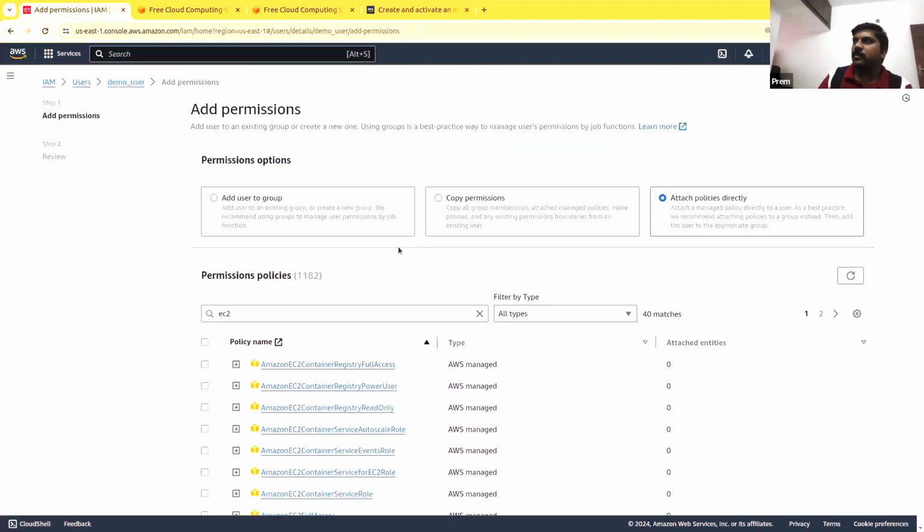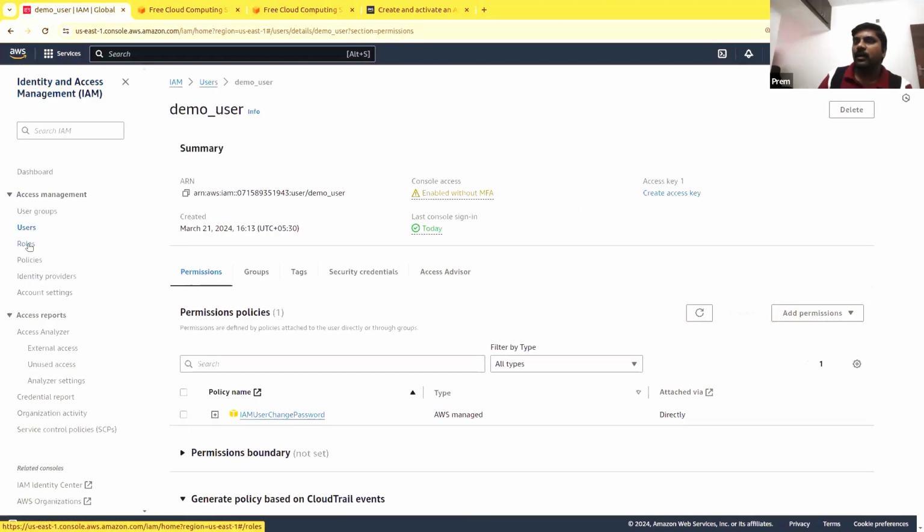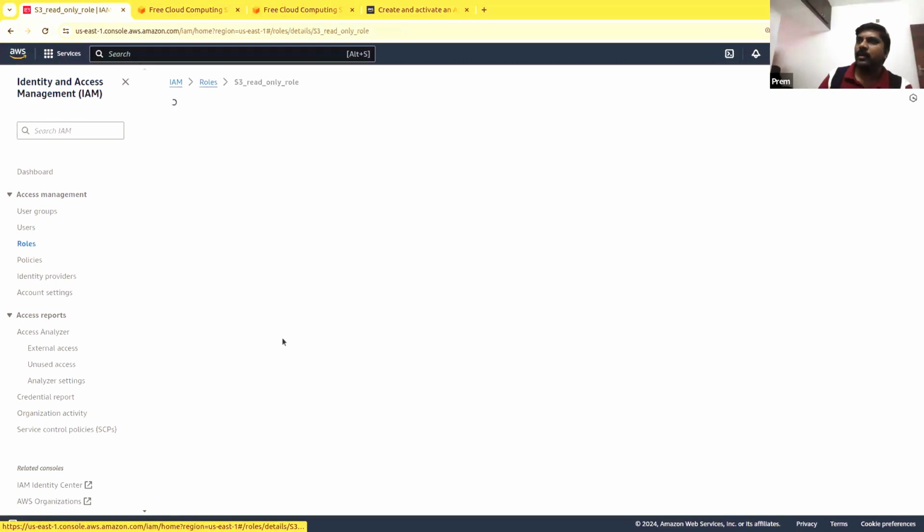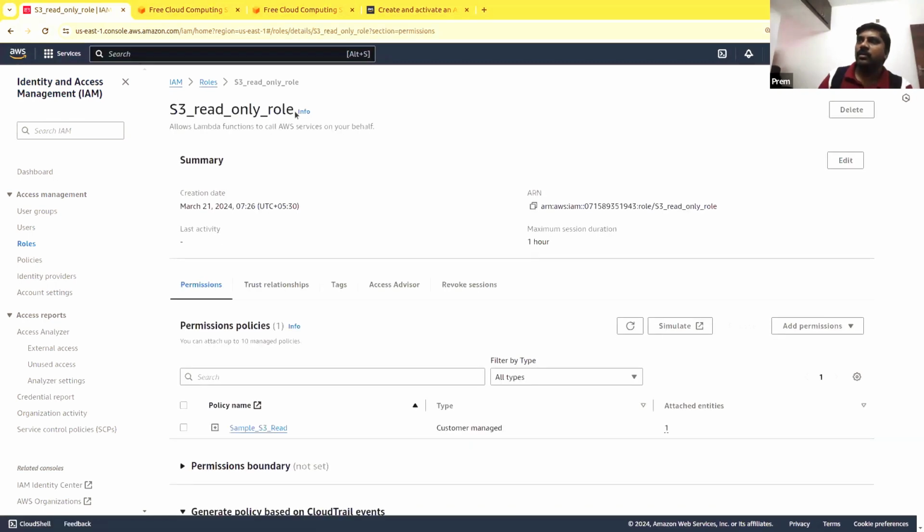And as for roles, you can see there are already many roles available. I created this one, a read-only role. If I create this role, I will attach a simple policy to it, and then that role I can assign to a user.